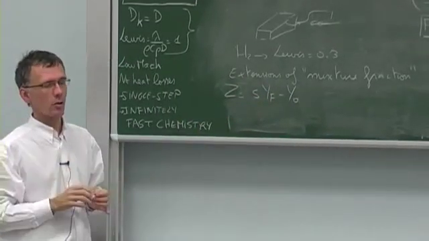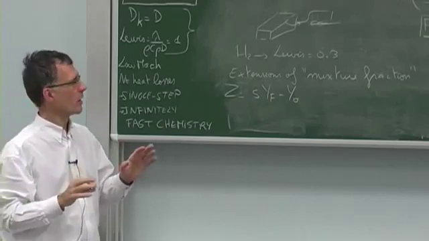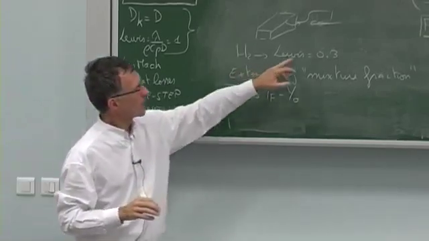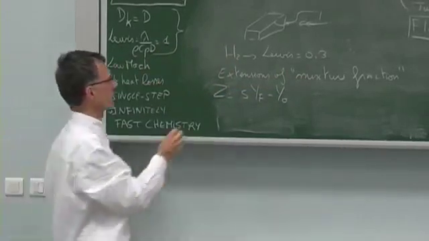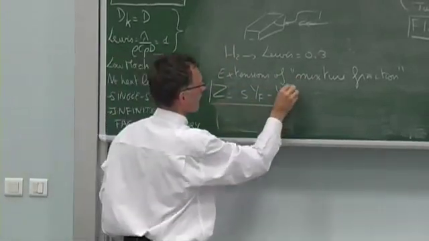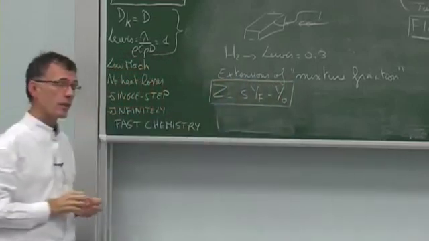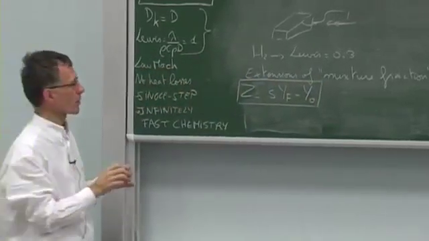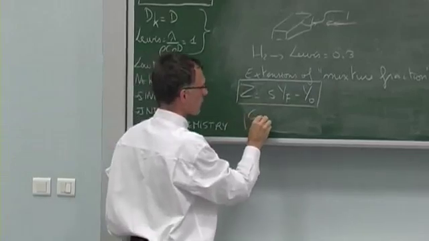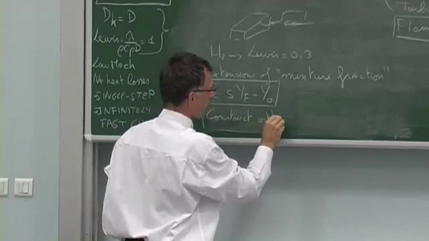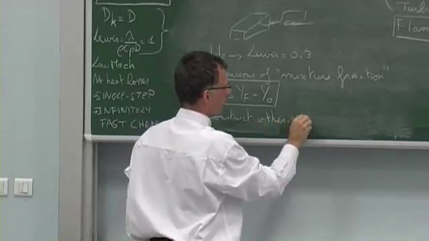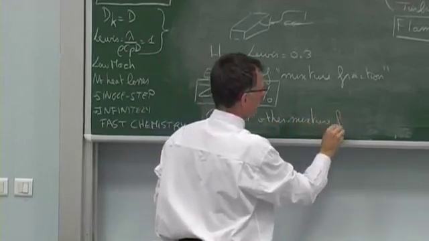And in the combustion community, there are big discussions on what do you do if you know that the Lewis numbers are not unity to define a mixture fraction. Well, the first thing that people do is they start saying we can construct other mixture fractions. And one way to do that